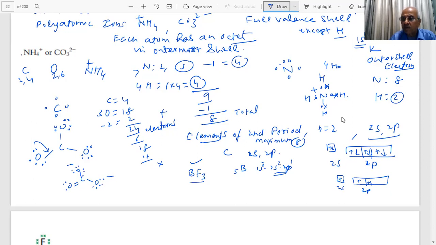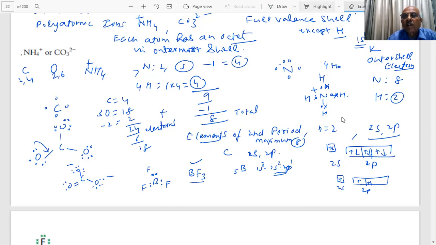If this electron is excited, it can form 3 bonds. Then what will happen? If I write 1, 2, 3, this is F, F, F. Can you see that? Okay. Now you can complete the structure, student,